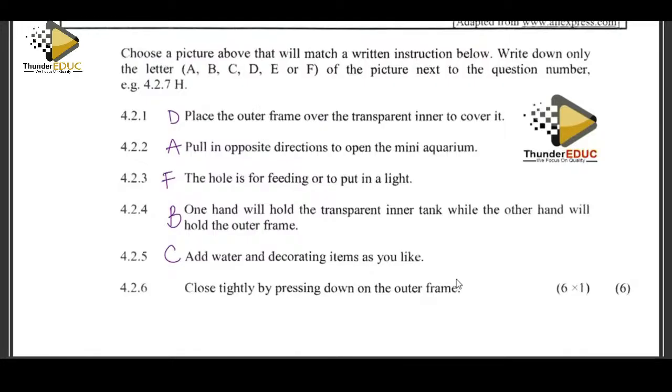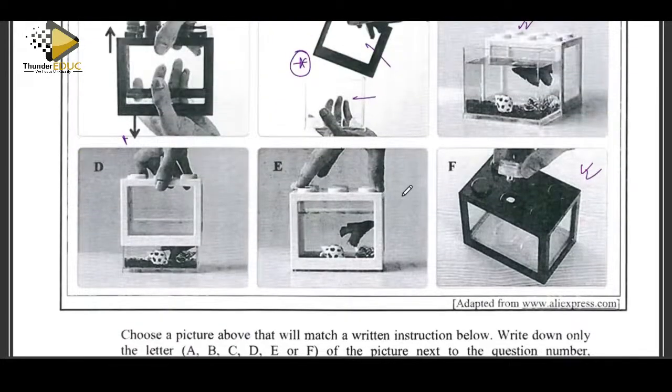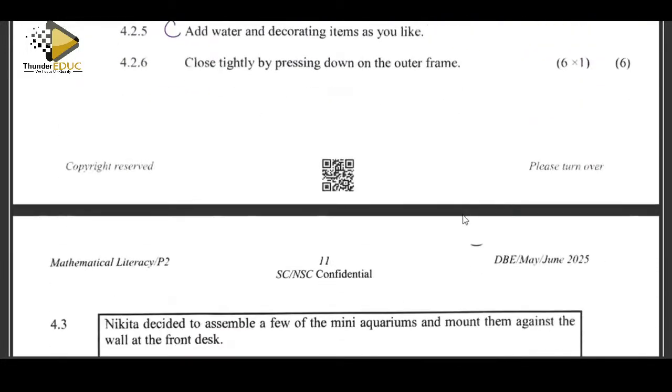Close tightly and by pressing down on the outer frame. There's this. There's also this one here. This one, it could be the best. Right? E is the answer there. Okay. Let's look at